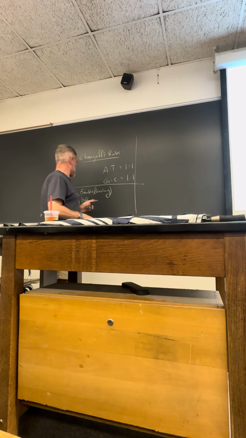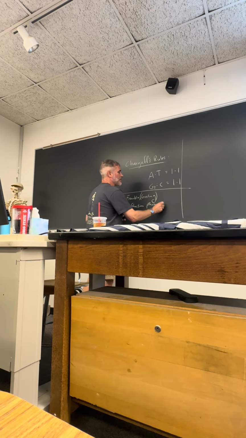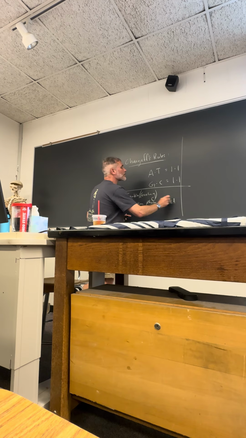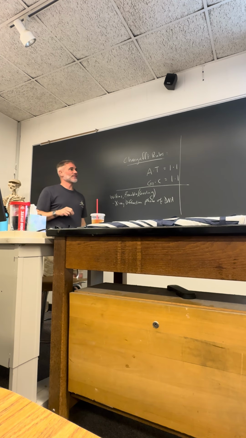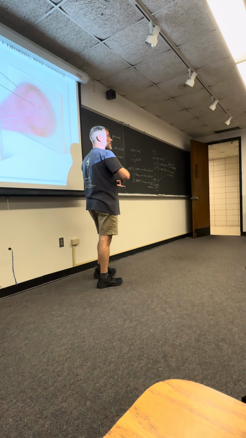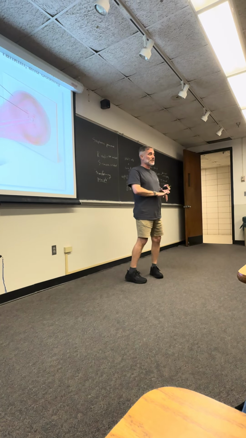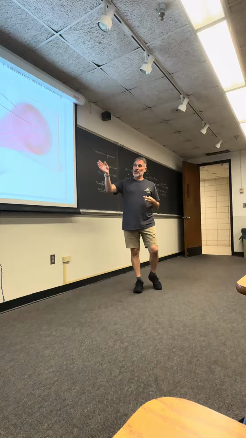And so these guys produced an X-ray diffraction photo of DNA. And Watson and Crick were able to use that X-ray diffraction photo to figure out that DNA was some type of helix, that DNA had certain dimensions, certain width, certain repeated length,